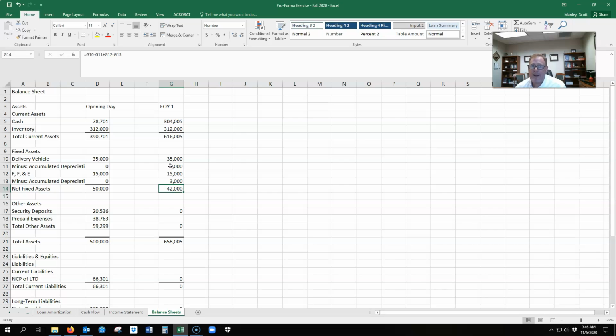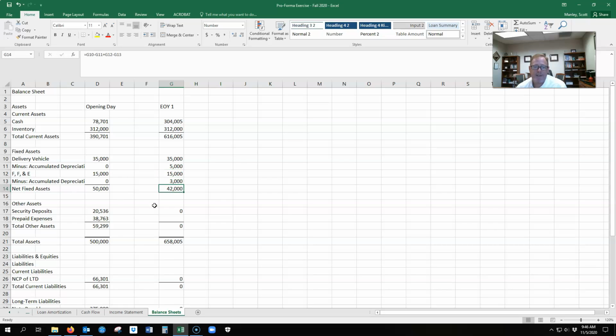Okay, so if you'll recall, we spent $35,000 on the vehicle. Depreciation straight line over 7 years is $5,000 per year. On the furniture, fixtures, and equipment, we have $15,000. Depreciation over 5 years is $3,000 per year. Okay, so remember, our formula is plus the asset minus the depreciation, plus the asset minus the depreciation, gives us